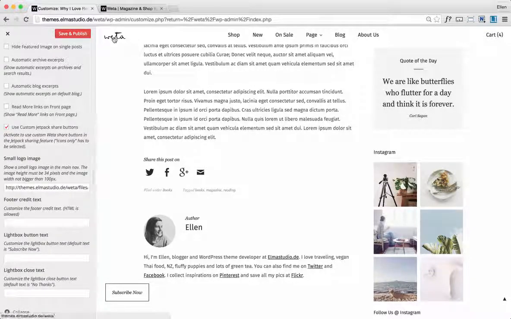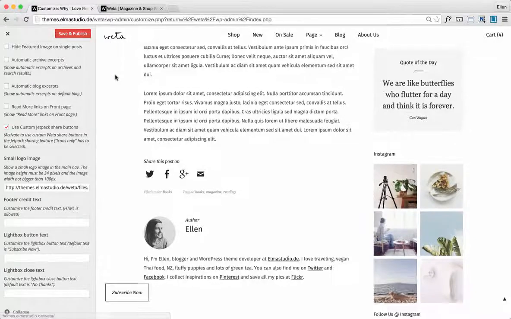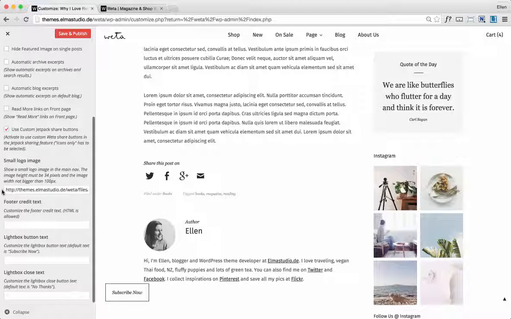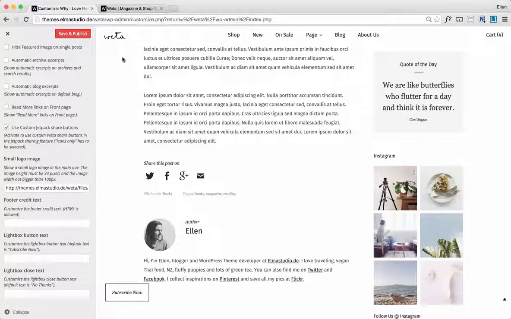And then to show this little additional logo in the fixed position main menu here, you can just upload an additional logo image. It's best to use a transparent PNG image, and your image must be 34 pixels in height and not bigger than 100 pixels in width. And you can just upload this image via the media settings and then copy the image URL